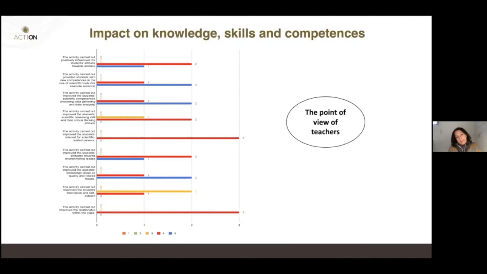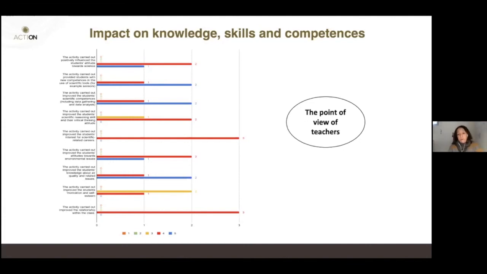And nicely, these activities also improved the relationship within the class. This was not something the pilot was designed for, but it is a social impact that happened as a side effect of the fact that they were doing together a nice activity, totally new for everybody. So far away from the traditional roles of "I'm very good in maths and you are very bad in maths," because they were starting from scratch. And so this helped in creating new relationships in the class.